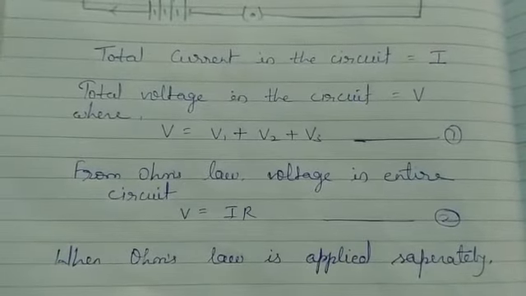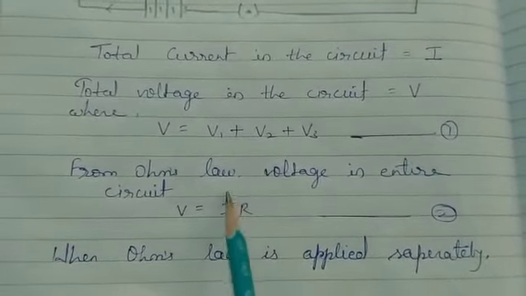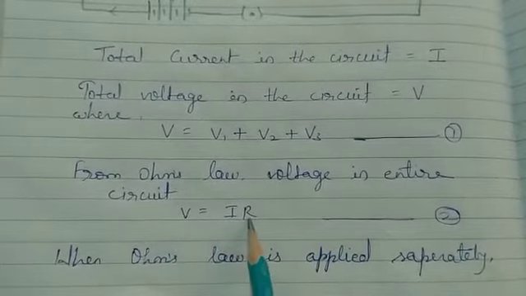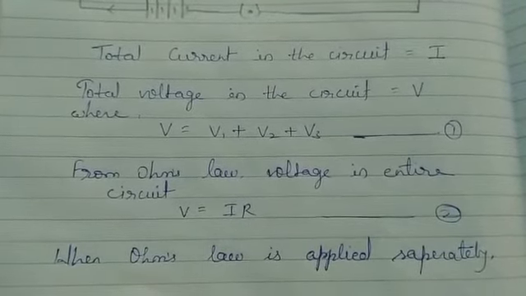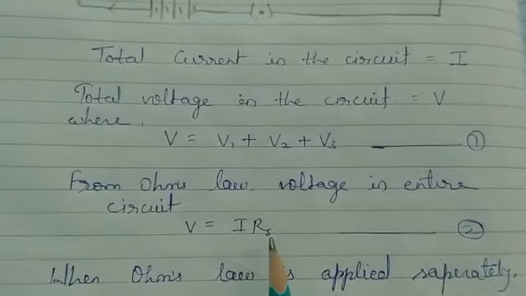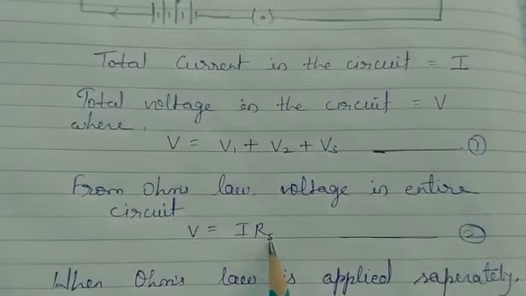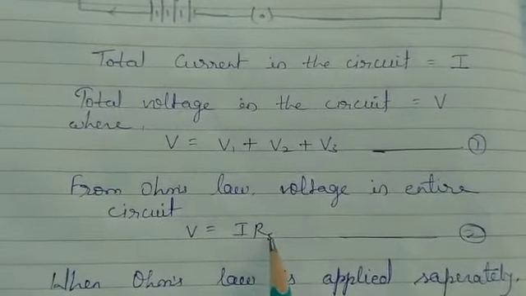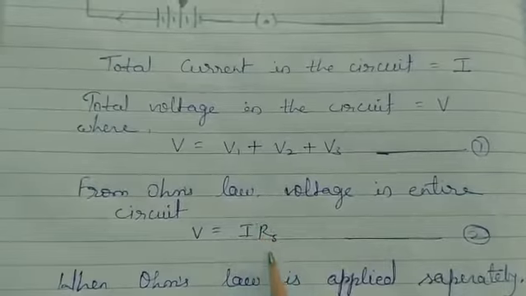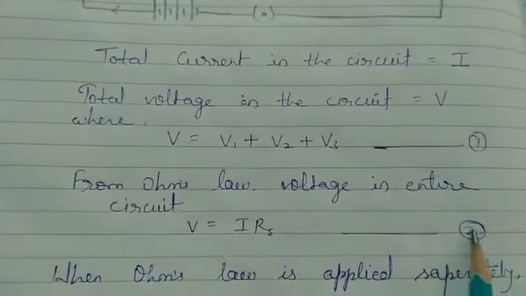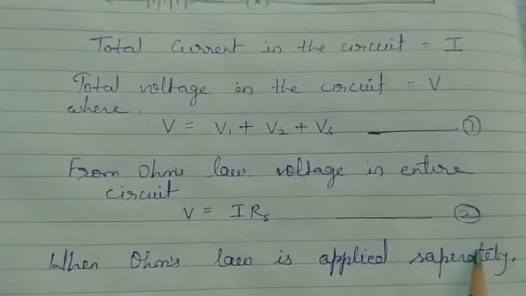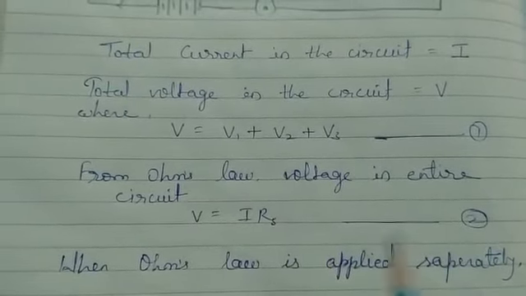Then from Ohm's law we know that the entire voltage of the circuit V equals I times R, where we write R as RS so that we can understand that it is the resistance of the series combination. So V equals I RS, where RS is the total resistance of the circuit. Give it equation number 2. Now when Ohm's law is applied separately for separate resistors,